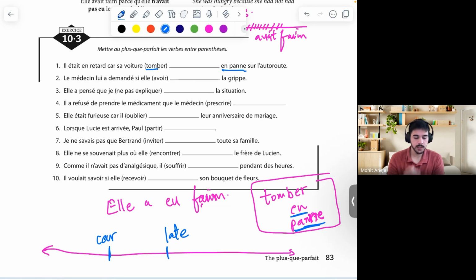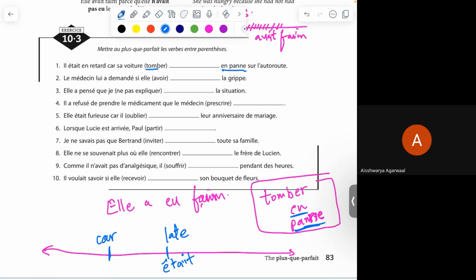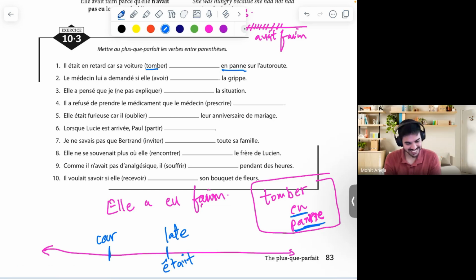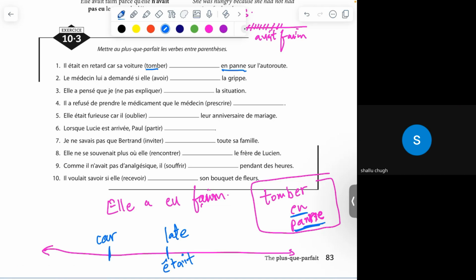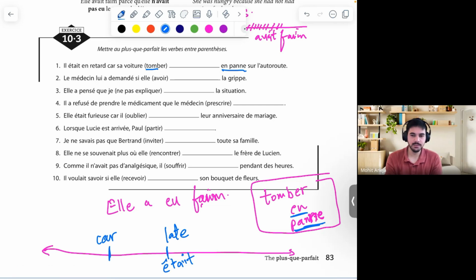Okay, très bien. सो यहाँ पे दो verbs हैं, il était en retard, ठीक है। यहाँ पे he was late, était en retard। तो यहाँ पे मैंने use किया imperfect। इससे पहले जो हुआ है उसके लिए मैं कौन सा tense use करूंगा? PQP. Plus-que-parfait, sorry. Okay, yes, clear. Plus-que-parfait में verb कौन सा है? Tombe. Can we do the test and see if it's an être verb or an avoir verb? What are the three tests? Please do it for tombe.